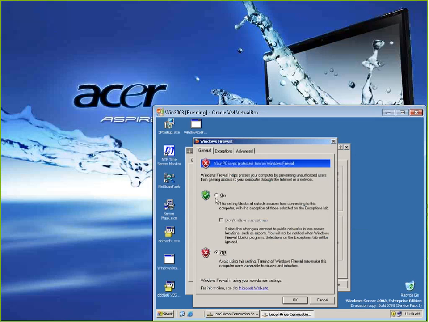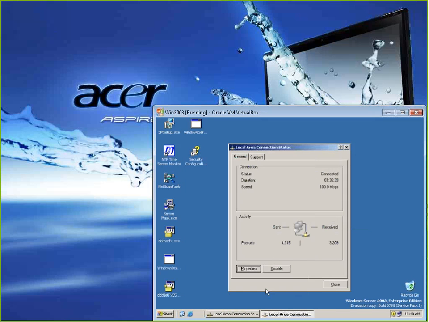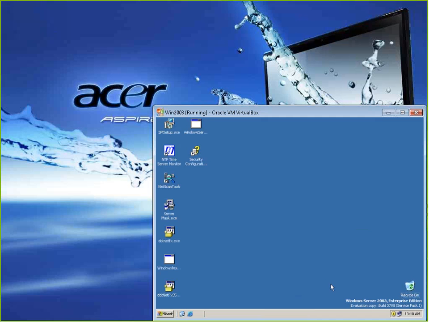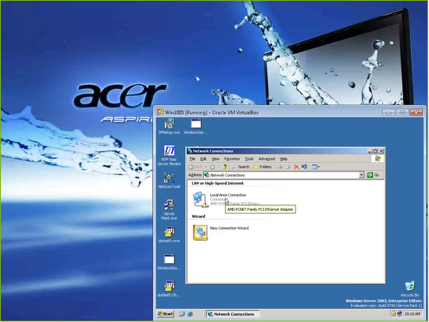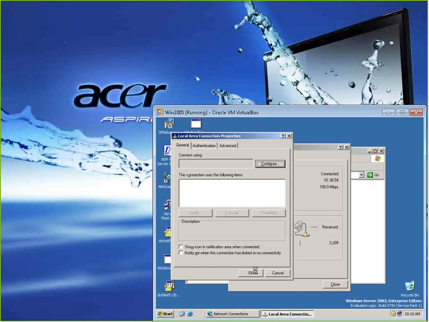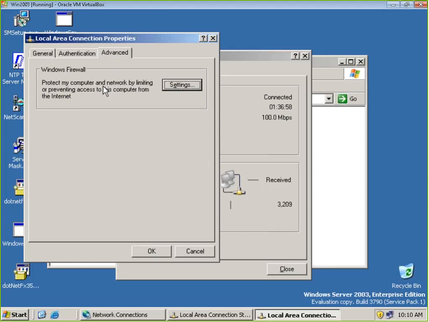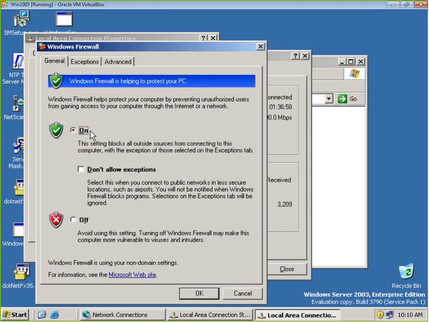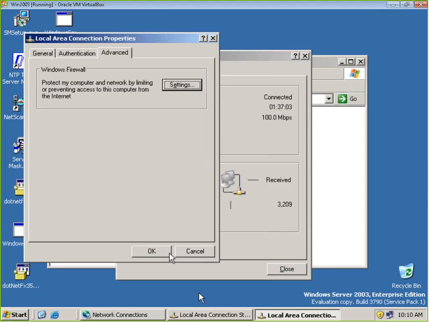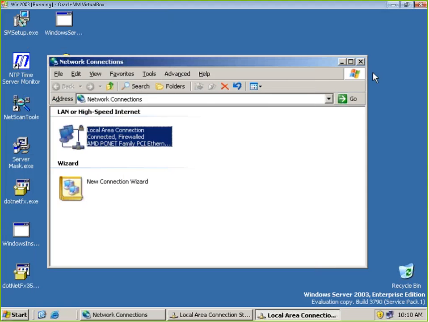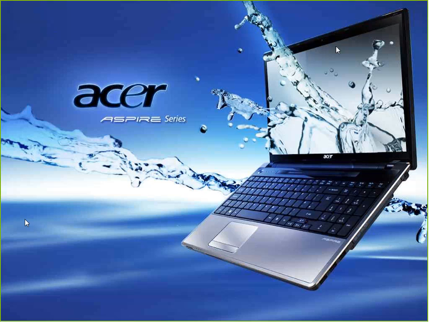So I'll turn on the firewall and click on OK. Close. And now if I go into my BackTrack, so you went to the network interface, network firewall, Local Area Connection, properties, advanced, and here I clicked on settings and I turned it on. That's it. Okay. So I just did that, and since I did that, when I go back into BackTrack,